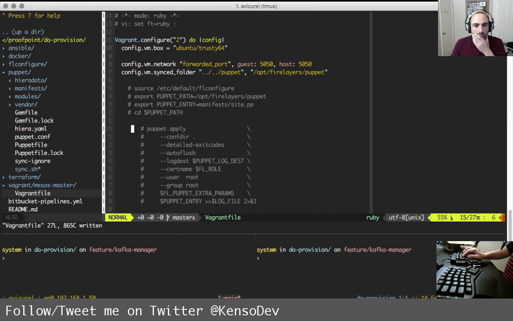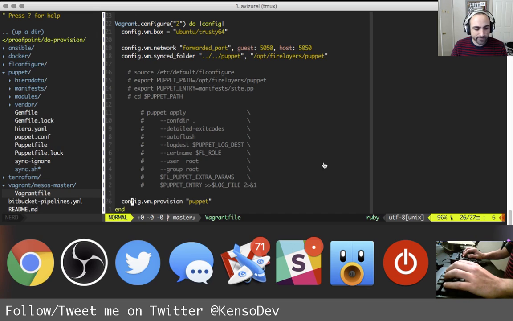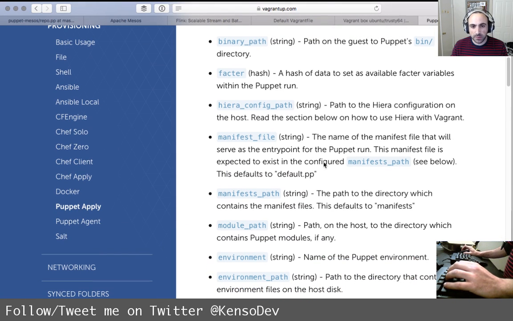Okay, so you know what? I think I'm gonna maybe install, let's see, so manifest path, the path directory would contain the manifest file, and then the module path, combine modules.